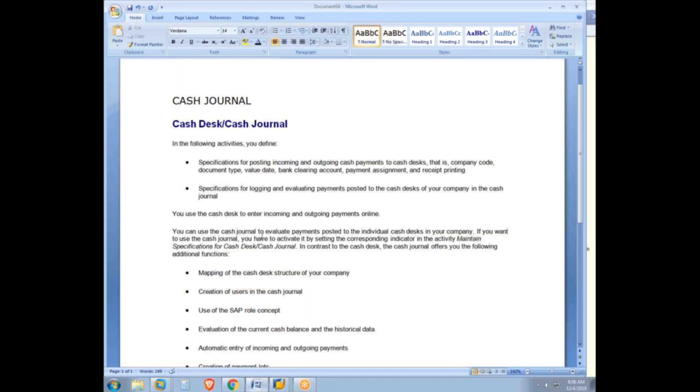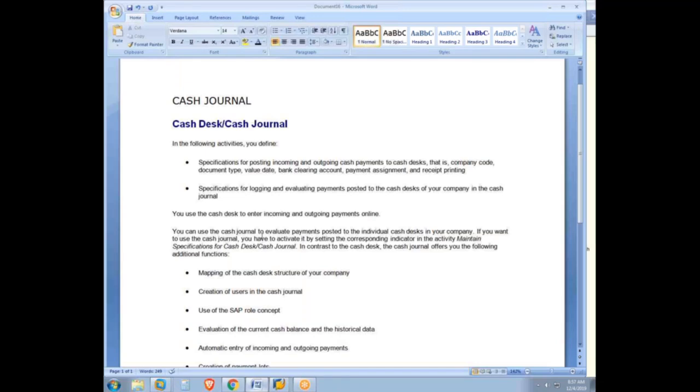So basically in the cash desk, we are supposed to have the customers or consumers visiting the cash desk facility and thereby making the payments either through cash or through check or credit card. And for that we enter online what is the amount received, and if you have customized the clearing category and clearing strategy, automatically the system will propose what are the open items to be cleared. Otherwise, you can select the open items you want to clear and then make the incoming payment, because the